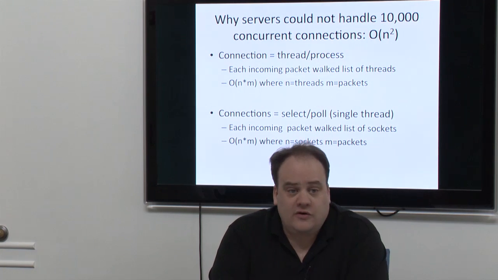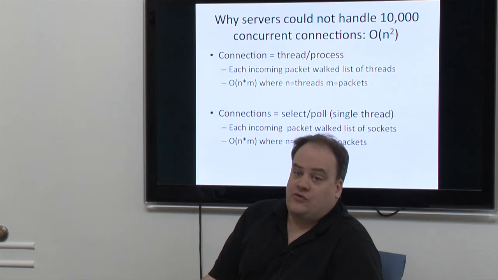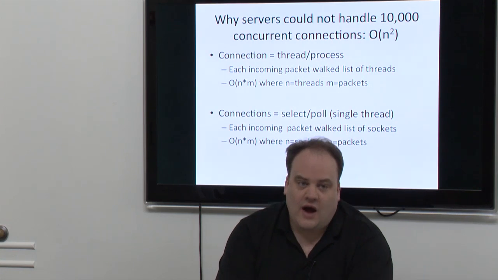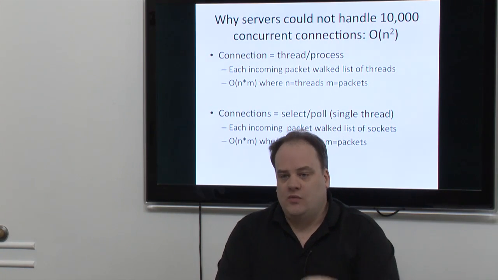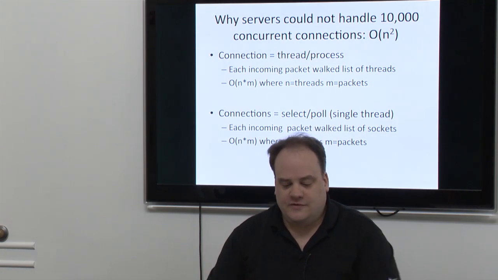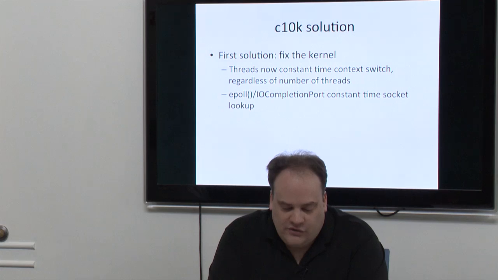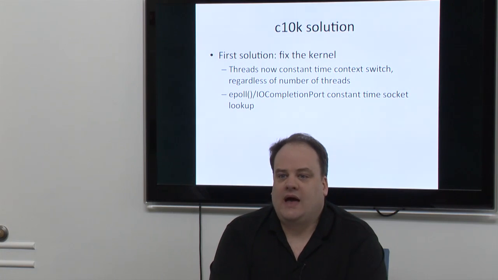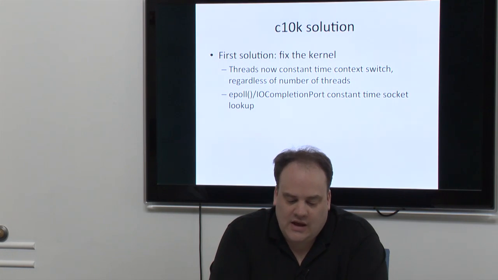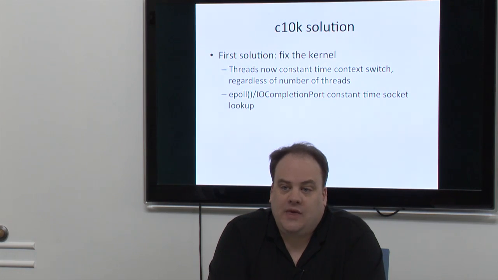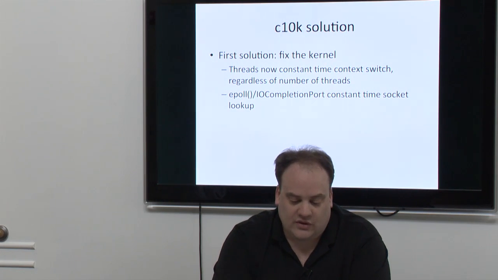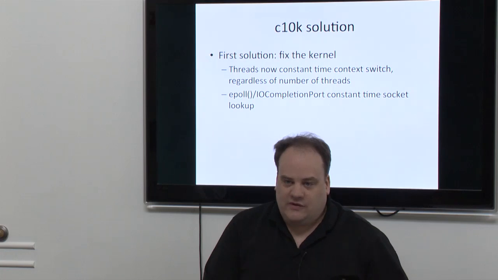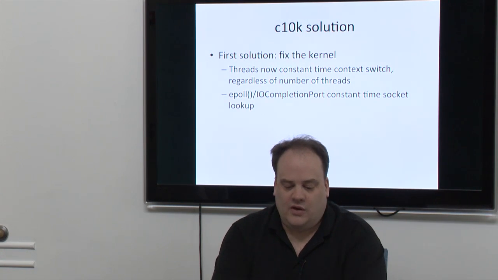So you have an alternative way of constructing a server using select or poll, but that has sort of the same order of n squared problem. In this case it was walking the entire poll list for every packet that came in, and the more connections you had, the longer that list of sockets. So 10 years ago, they fixed the kernel. You look at what a lot of Linux changes back then, or Solaris, or other operating systems. They added functions like epoll. Epoll is the Linux thing that works a lot like poll, but yet the transition for sockets is constant instead of linear, which means as packets come in, you scale with the traffic level.